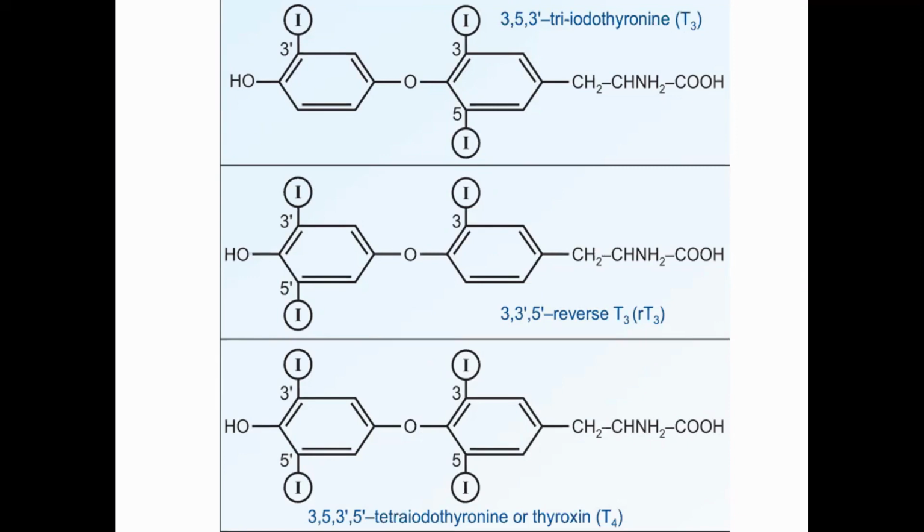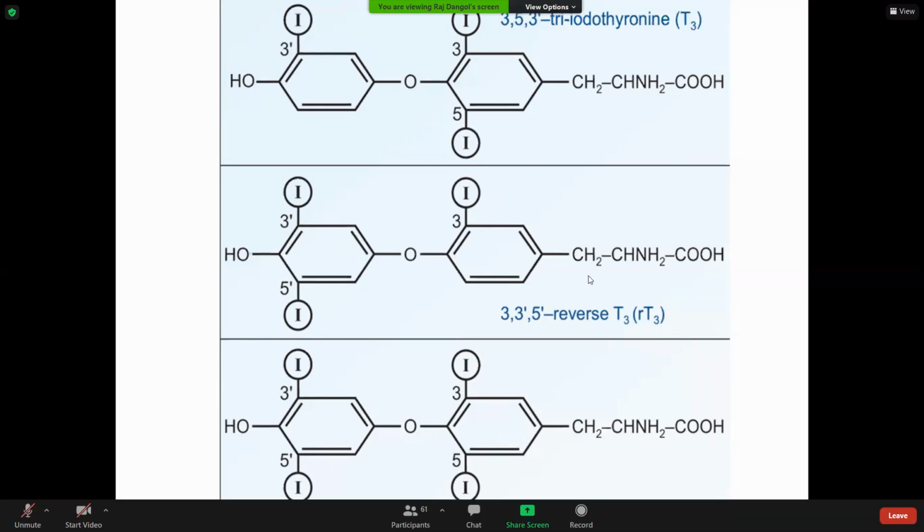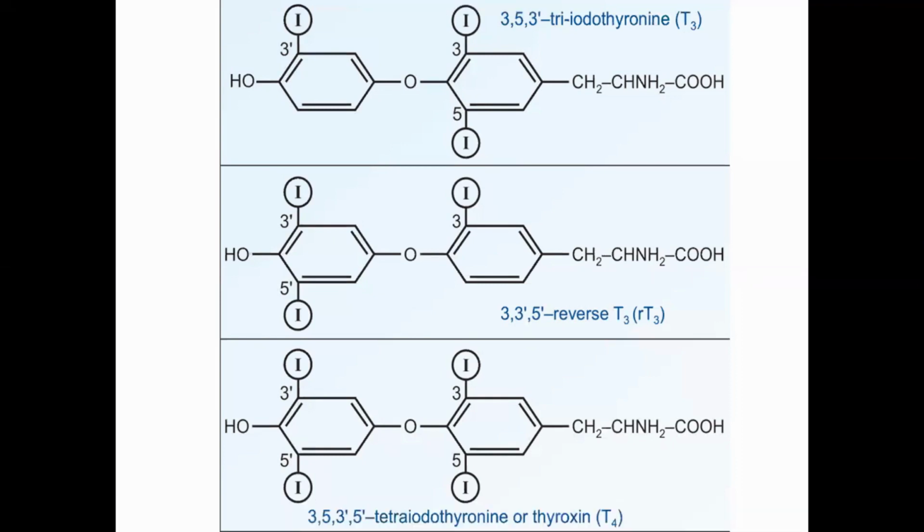And some of these thyroxines can be converted to triiodothyronine in the thyroid gland itself also, by means of the same mechanism, that is deiodination. Apart from that, triiodothyronine is also synthesized during the biosynthesis of thyroid hormone. So during the biosynthesis of thyroid hormone in the thyroid gland, the ratio of synthesis is 10:1 between thyroxine and triiodothyronine.